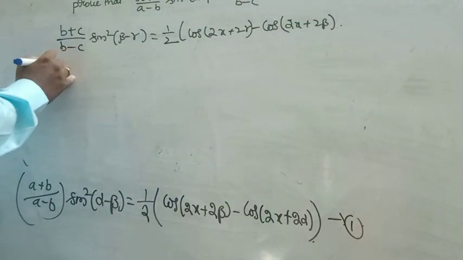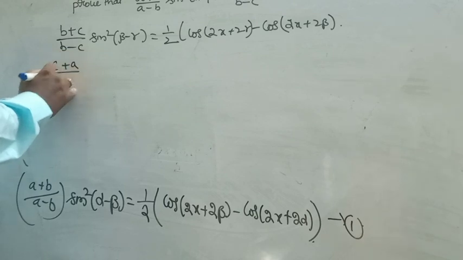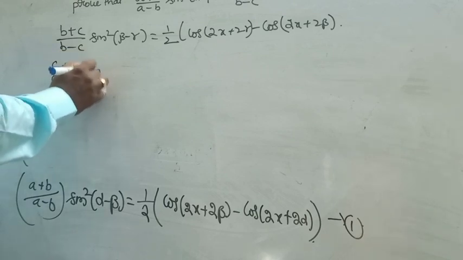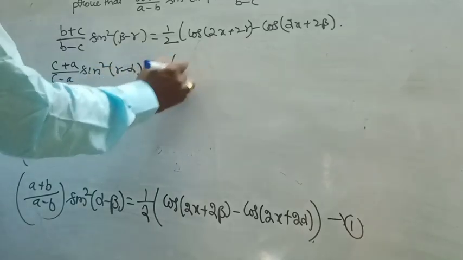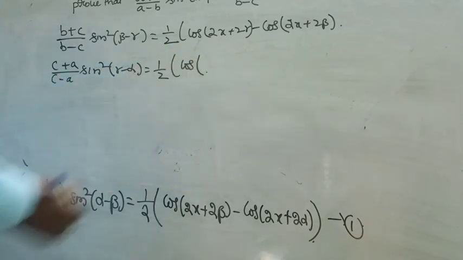And similarly, you have here C plus A by C minus A into sine square gamma minus alpha, which is equal to 1 by 2 into cos of